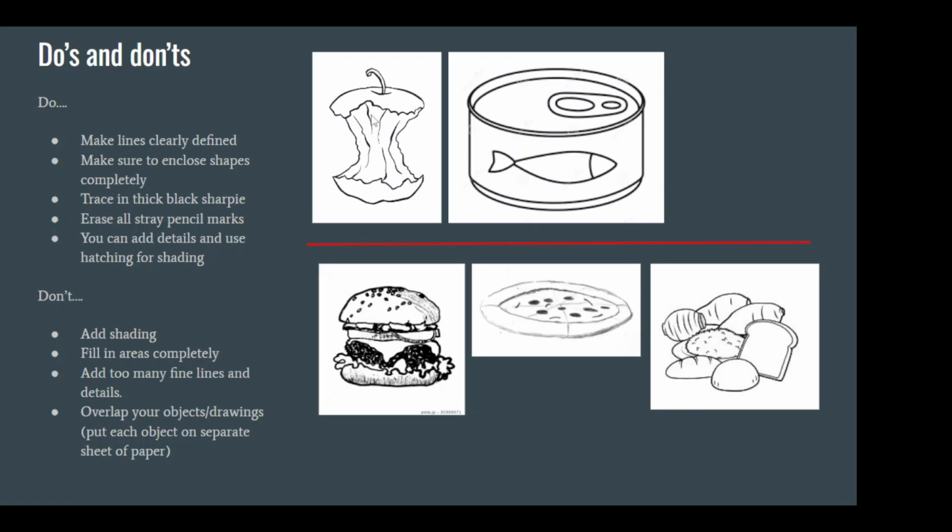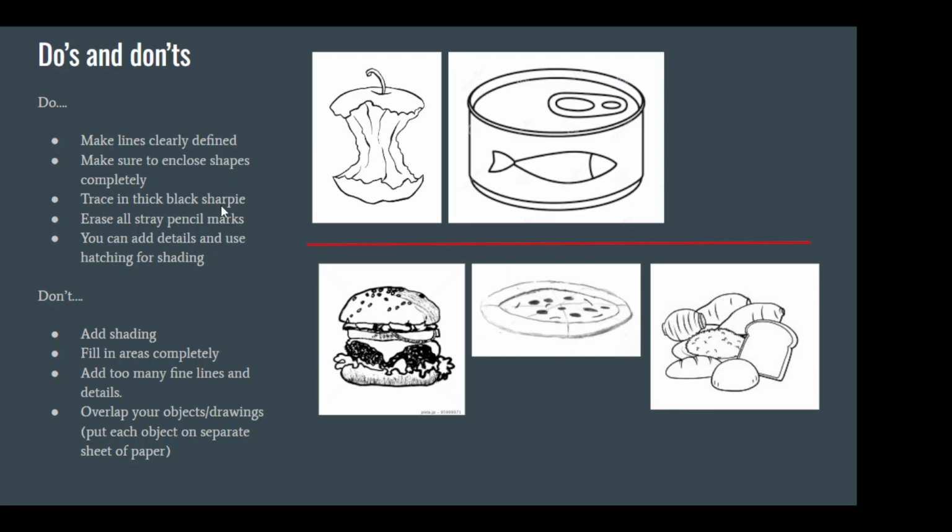You can have what are called open-ended lines, where it will just flow around, but that's okay. They're there for detail and texture. But make sure that if you want a shape colored in, that it is enclosed. When you're done with your drawing in pencil, I might add, then you will need to trace it in a thick black Sharpie.